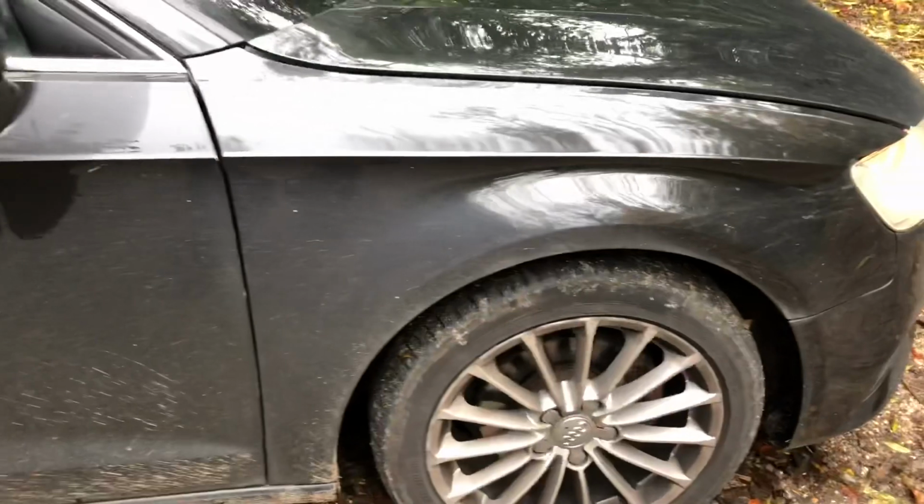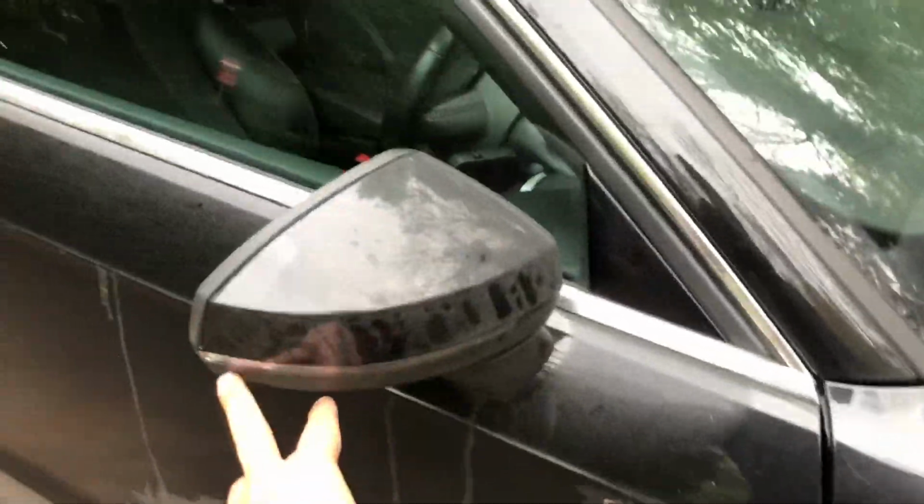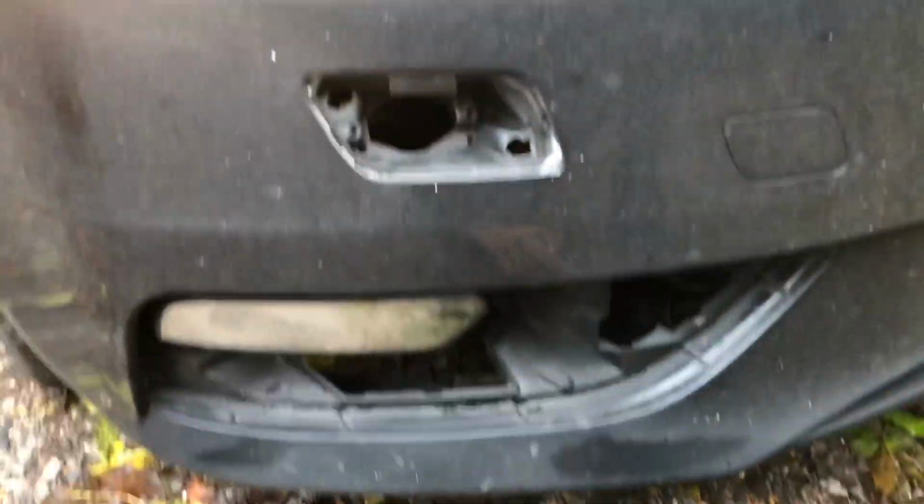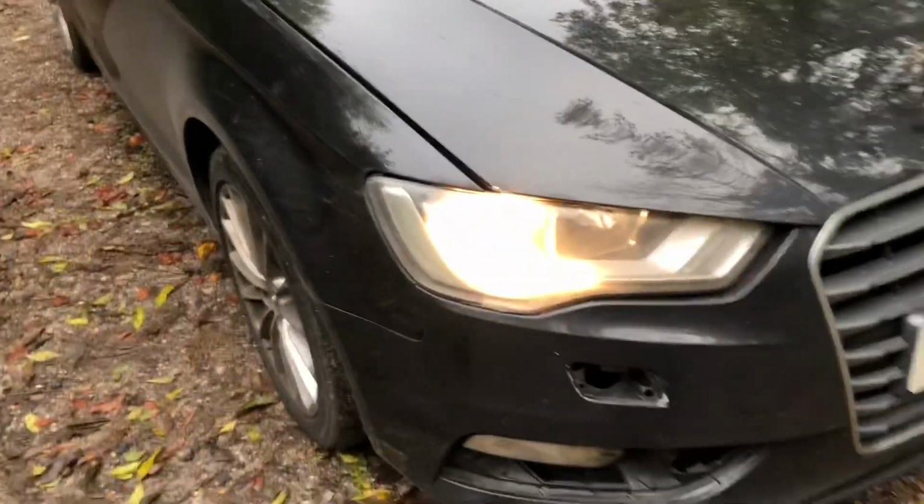First of all, we need to get this car cleaned. This goes all the way there. The car will definitely need cleaning. That indicator works, the other side doesn't. What else do we need? Yeah, we need to get that there sorted, that there sorted. So